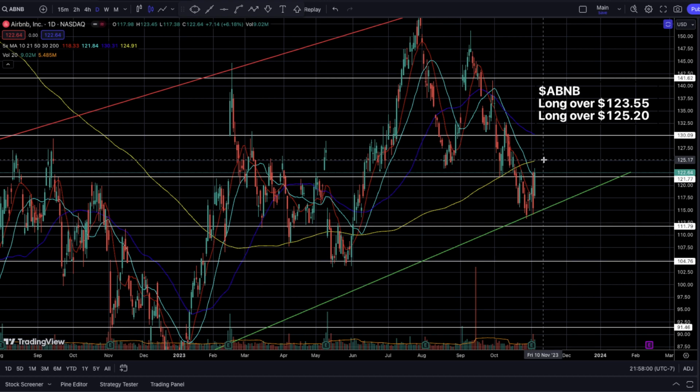But overall, I'm going to be expecting 130 to be our first official target when we get an official long entry point at 125.20. So that should give us at least that textbook 1 to 5 risk to reward ratio for our trade. Okay, and that's assuming you guys use $1 stop losses from your entry point, like I always tell you guys to do.